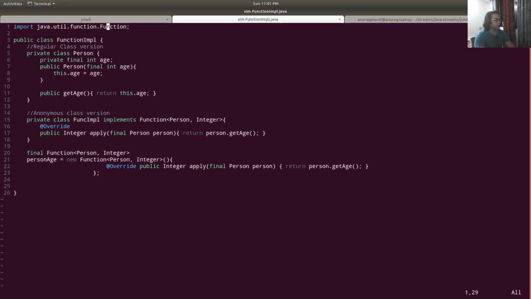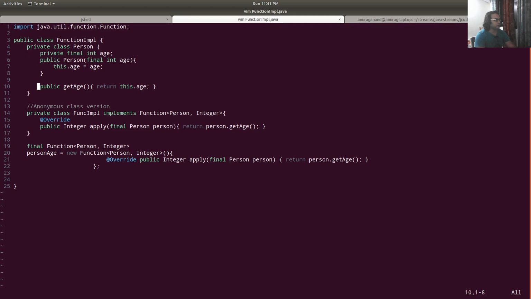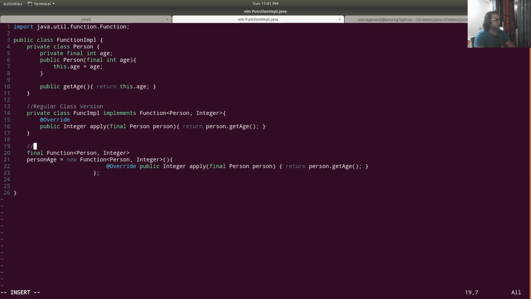No, sorry, this is the regular class version. Anonymous class version. Lambda version 1,